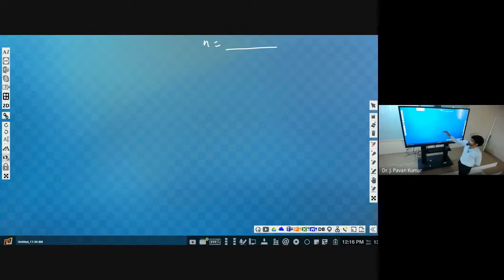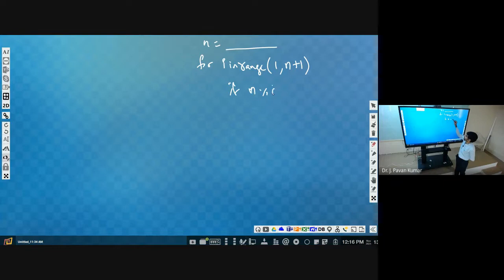So we have to repeat from 1 to n. So range of n plus 1. For I in range of 1 comma n plus 1, we have to check whether n is divisible by I or not.